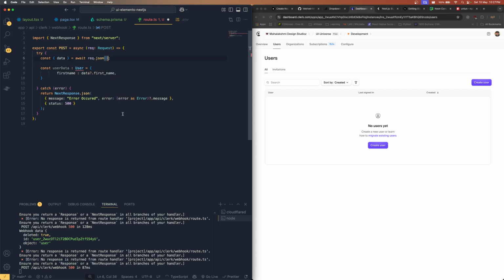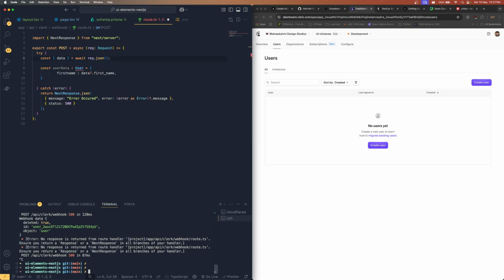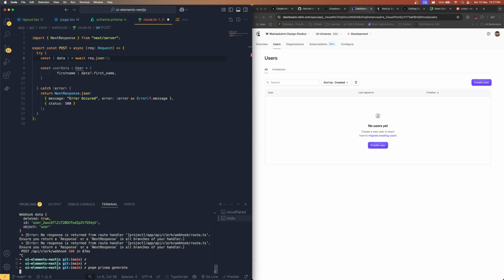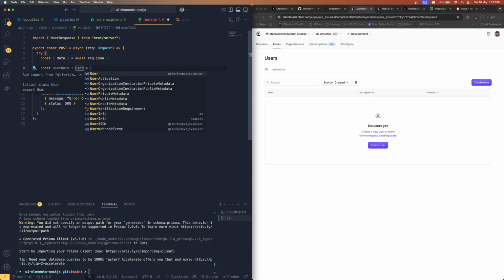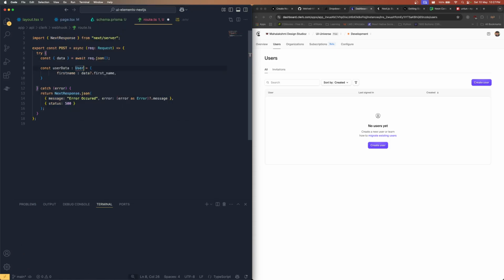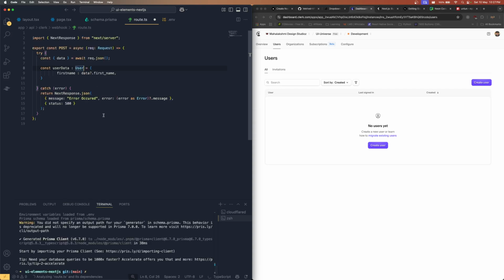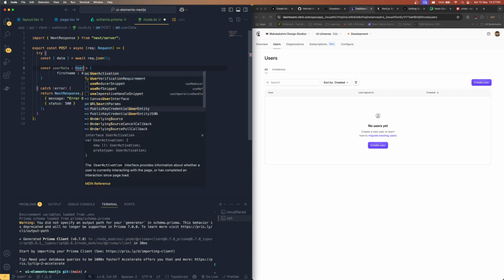Okay, we can't see the Prisma instance, which in this case is an issue. Let's rerun this command, pnpm prisma generate. The client has been generated. If you still can't see that, let's reload our window. And now you should be able to